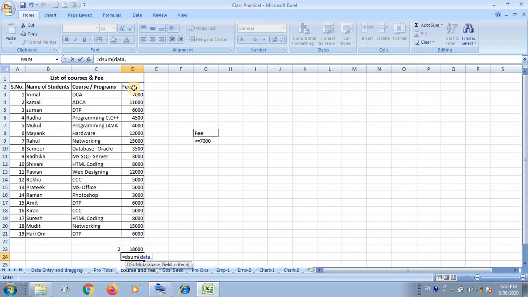You are looking here, the field name is fee, that you have to write in double quotes, inserted by holding the shift key.